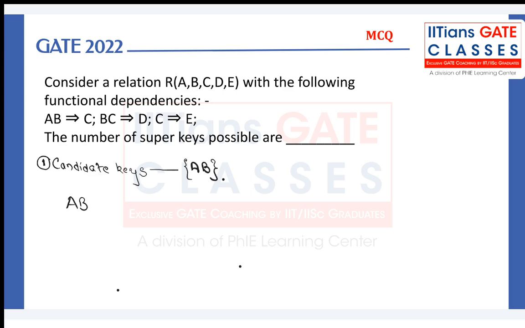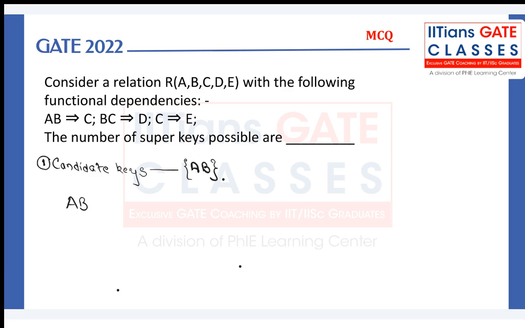Very good try, Vishnu. The answer is not three, but very good try. I know what you are doing. I absolutely know what you are doing, but it's a very good try. Okay. So see, AB is a candidate key. You guys are saying, and